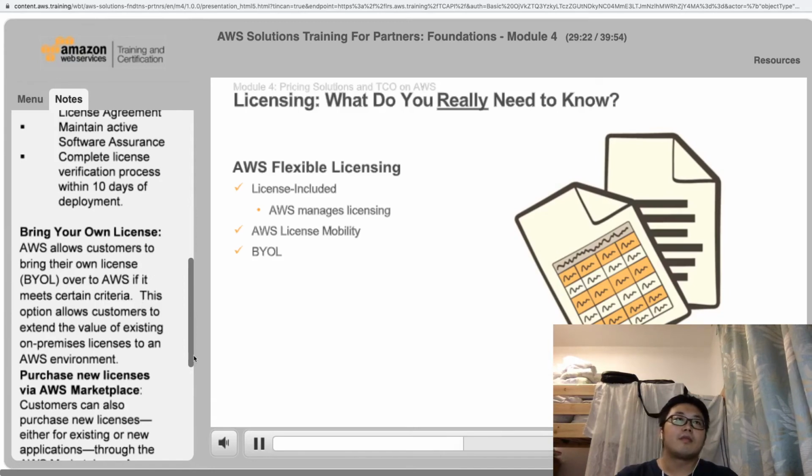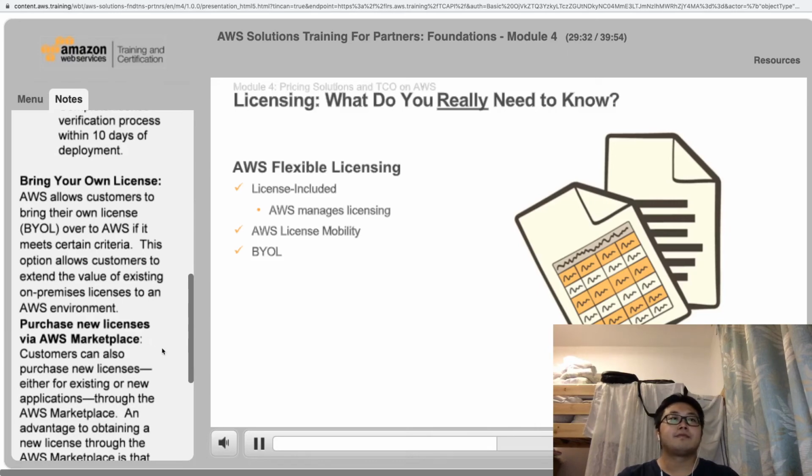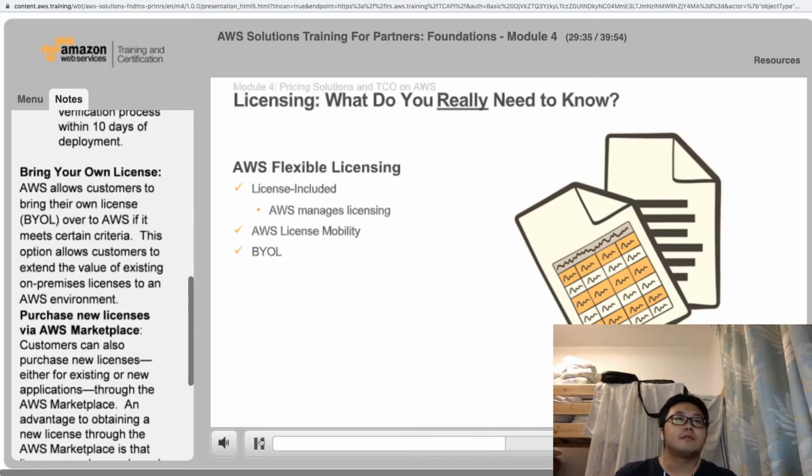AWS allows customers to bring their own license, BYOL, over to AWS if it meets certain criteria. This option allows customers to extend the value of existing on-premises licenses to an AWS environment. 这个就简单，就是说，如果你在自己的服务器上，不是 AWS 上，有一些 license，然后你想在 AWS 上用，AWS 有自己一套认证，你要过了这个认证，才可以继续在亚马逊的服务器上用。